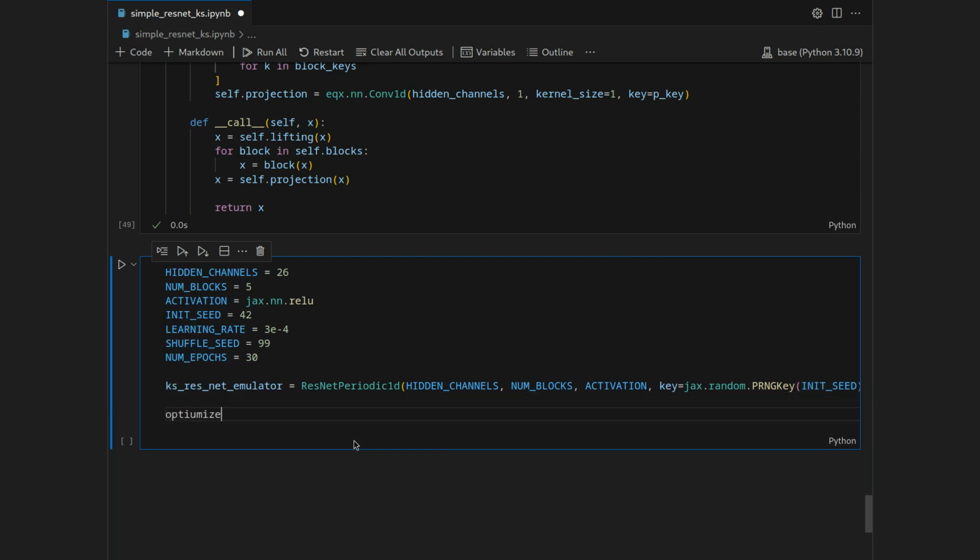Then let's instantiate an optimizer. So this is going to be a very classical Equinox JAX Optax training loop. I will go over this a bit more quickly. If you want to have more details on that, I have a video linked up here on a very simple example. So let's do optimizer being